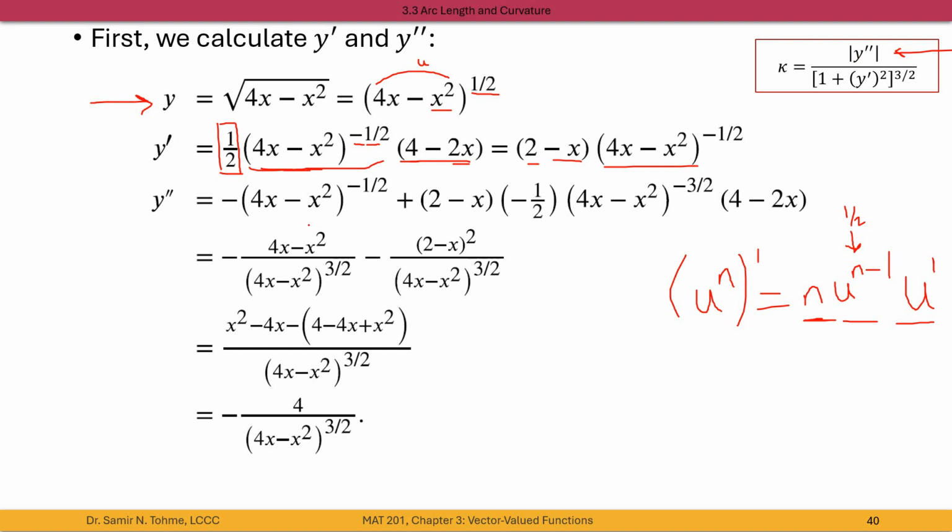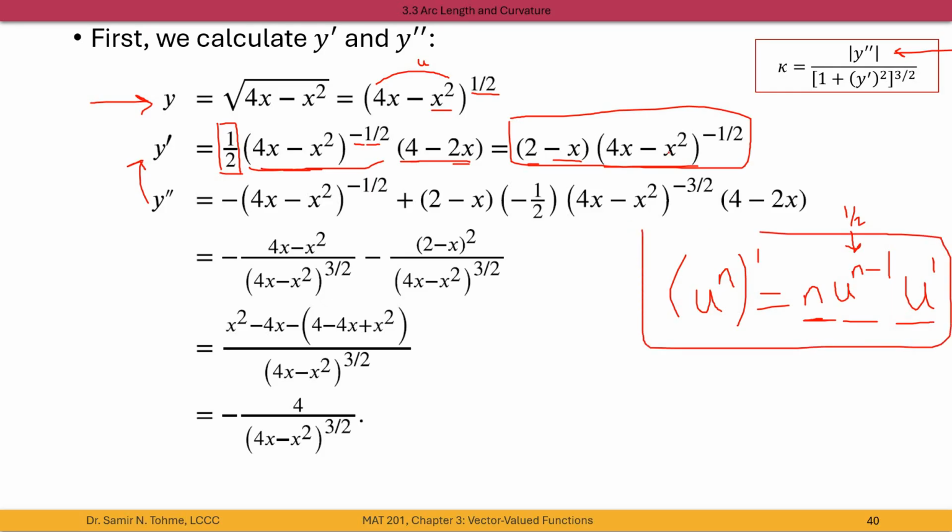We need also y double prime. Y double prime is the derivative of this one. Again, we want to do the derivative of y prime. Again, use this formula to calculate the derivative of this one. In addition to another formula, whenever we have u dot v,